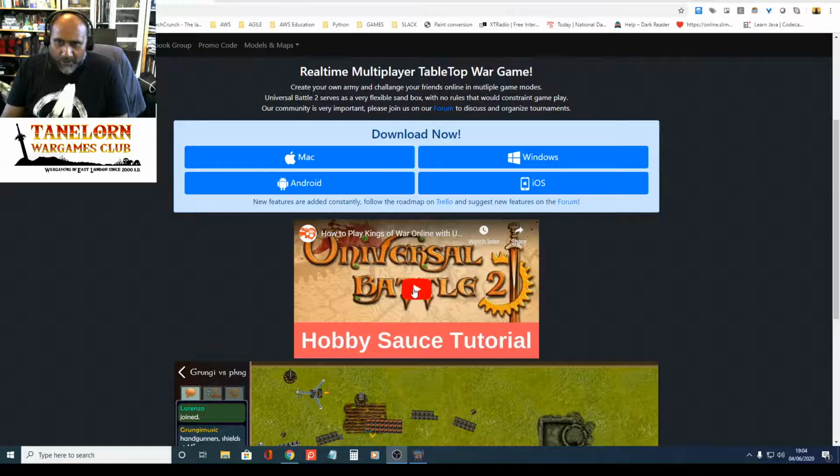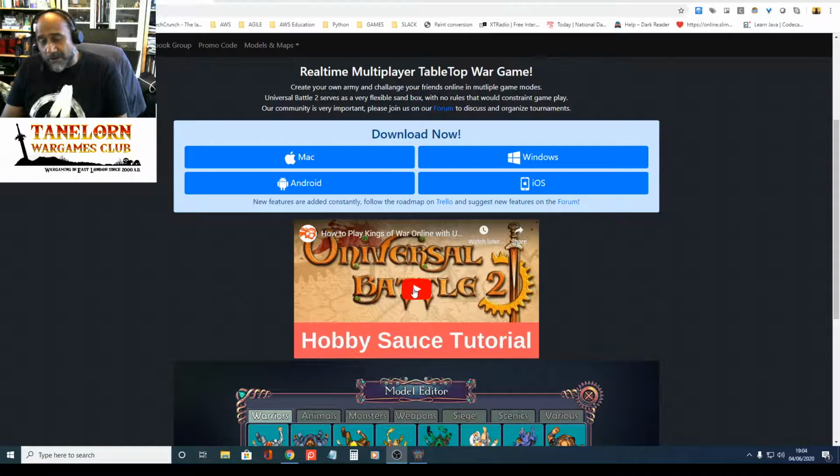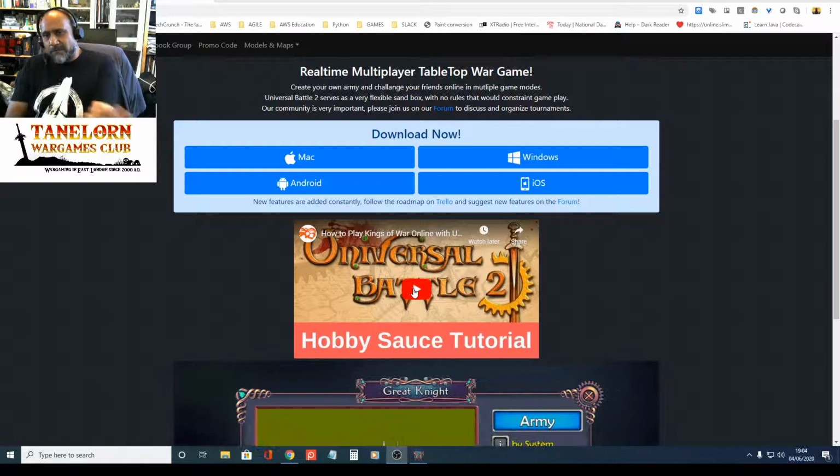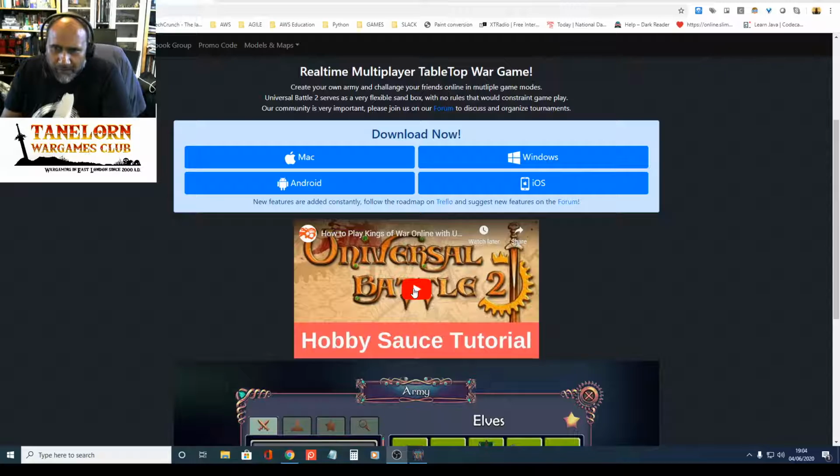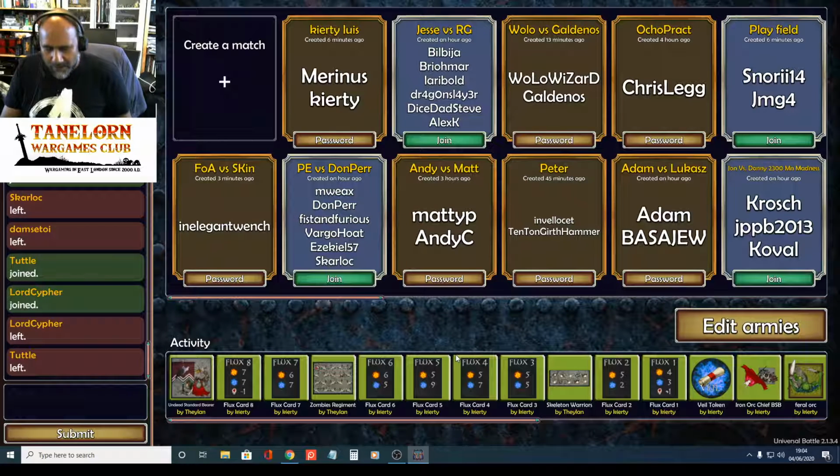You do need to go back to it to pick up on stuff that you may have missed before, because there is so much. It tells you how to create a map, create a battlefield, actually create units and figures that you create into your army in UB2. But if you don't want to do that, because it is a huge amount of effort, what you can do